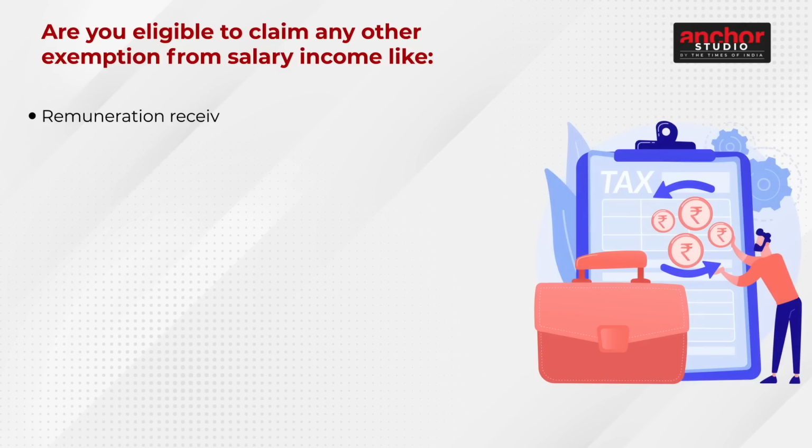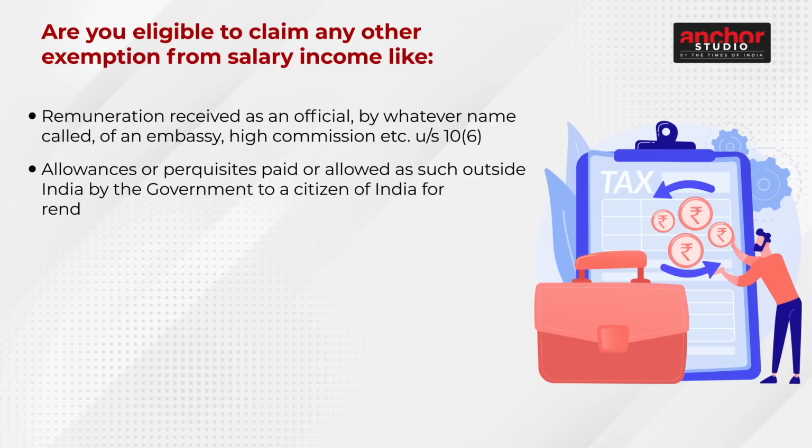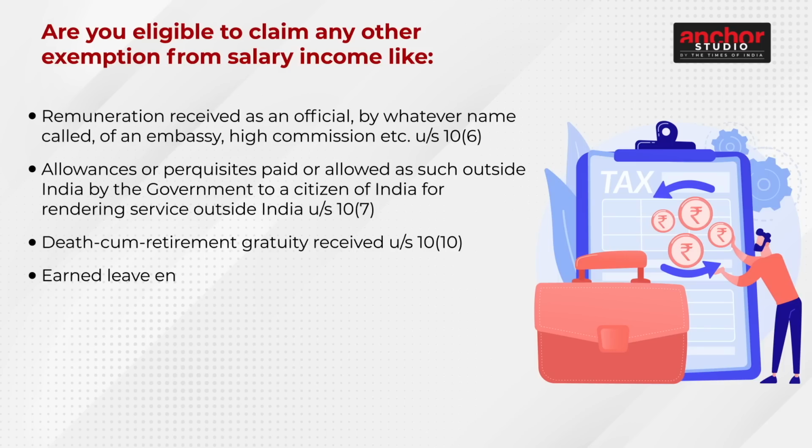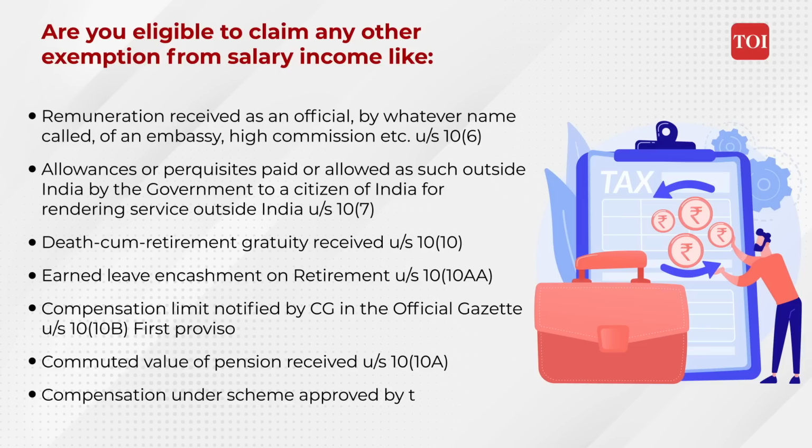Are you eligible to claim any other exemption from salary like remuneration received as an official by whatever name called of an embassy, high commission, allowances or perquisites paid or allowed as such outside India by the government to a citizen of India for rendering services under section 10(7), death cum retirement gratuity received under section 10(10), earned leave encashment on retirement under section 10(10)AA, compensation limit notified by central government in the official gazette under section 10(10)B, first proviso, commuted value of pension received under section 10(10)A, compensation under scheme approved by the central government under section 10(10)B,